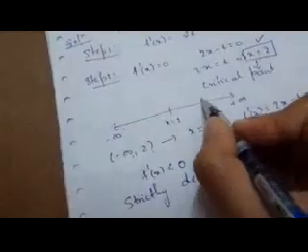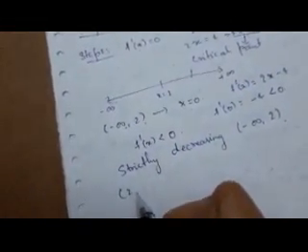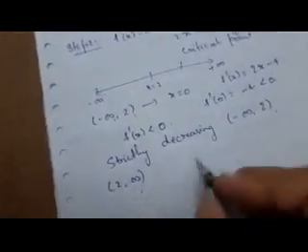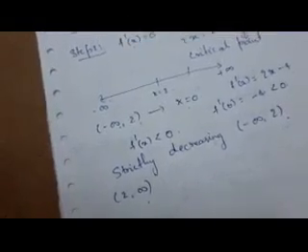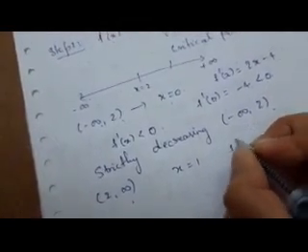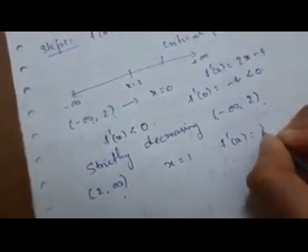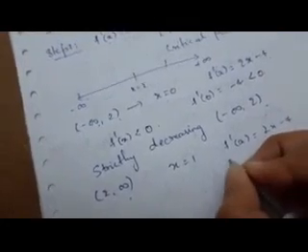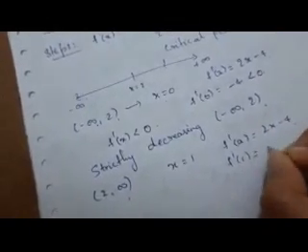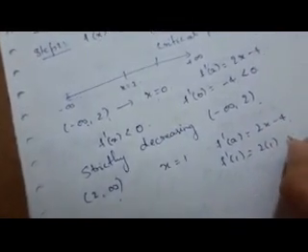Similarly, I am taking any point. Now I am considering the interval from 2 to infinity. Now I am taking any point in that interval, say x is equal to 1. So when I take x is equal to 1, what happens? Our f dash of x is equal to 2x minus 4. When x is equal to 1, f dash of 1 is equal to 2 into, sorry, not 1. 1 is not coming in this interval, right? So I am taking 3.